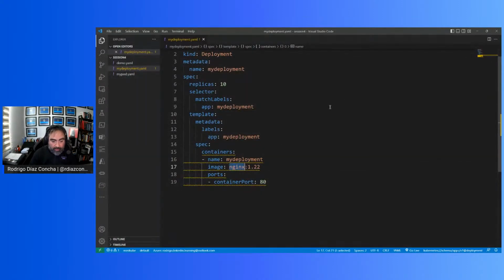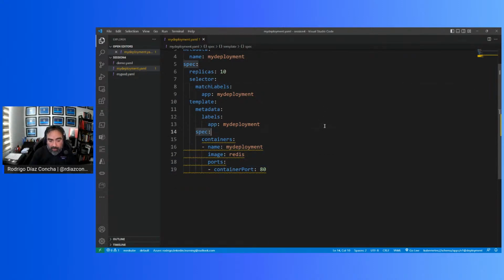Let's use Redis or MySQL or something. It doesn't matter. I just want to change the image name, and I want to download another completely different image name so I can have enough time to show you the things that are happening in that particular moment, okay? So I'm changing the image name to Redis,